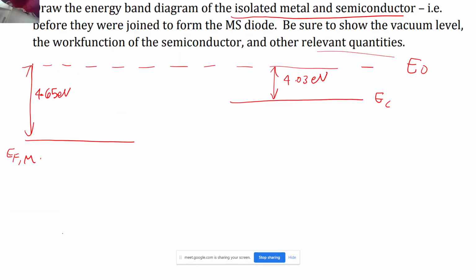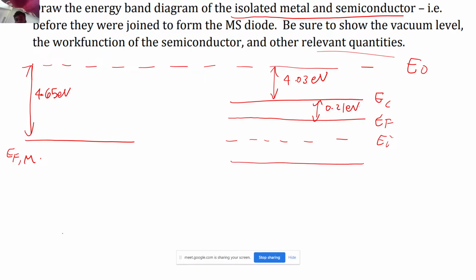So now if I write it in terms of electron volts, then the Fermi level will be somewhere here, and it will be 0.21 electron volts away. So this will be the Fermi level, correct? Somewhere I will be having my Ei, and there will be an EV over here, correct? So if you look at this distance, this is phi s and this is phi m, correct? So what you can see over here, the phi s is 4.03 plus 0.21, which comes out to be 4.24 electron volts, and phi m is